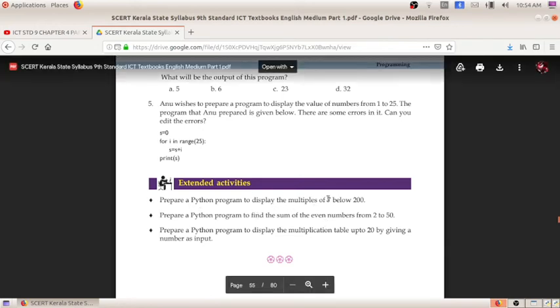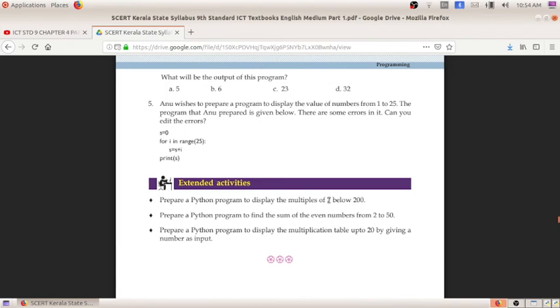From this, what you can understand is that for multiples of 7 below 200, the starting value will be 7. Then the ending value will be 200, so the output will be below 200.